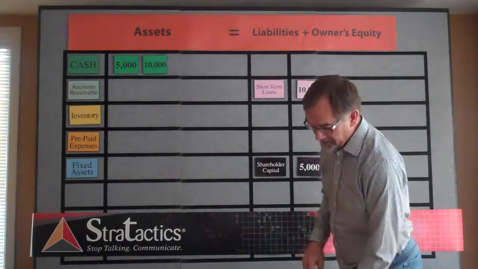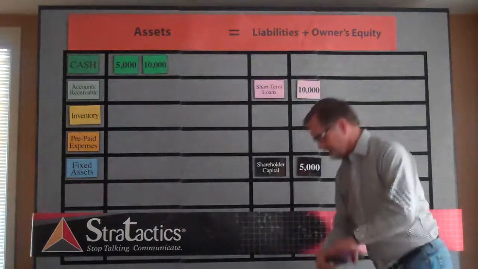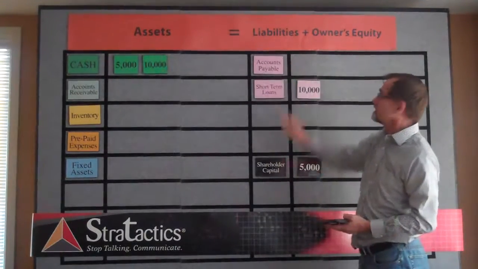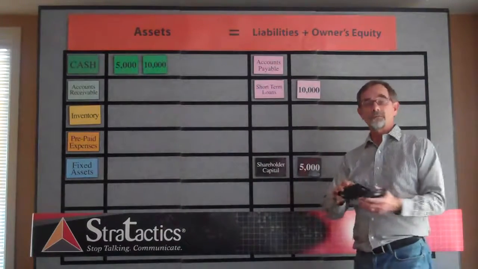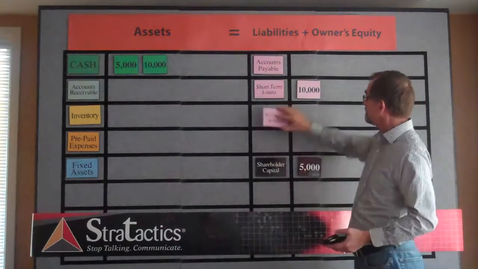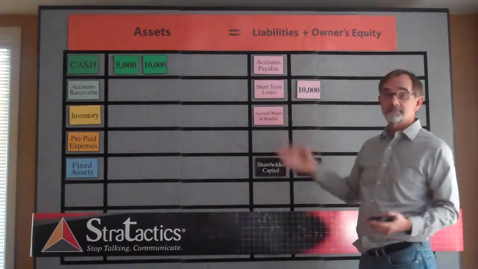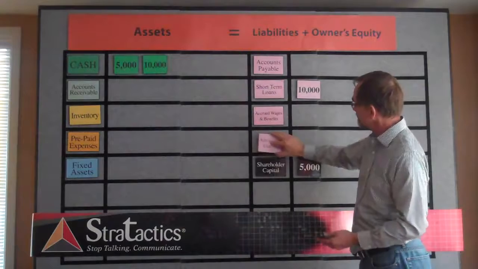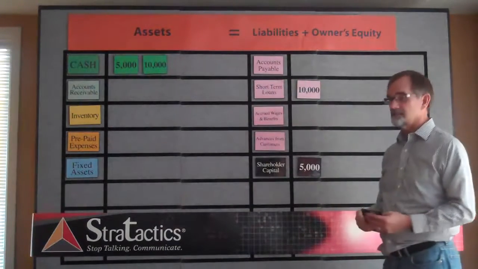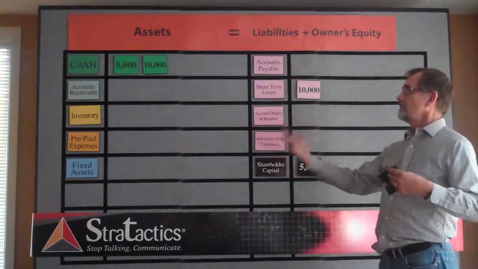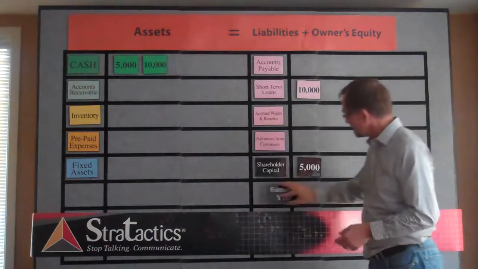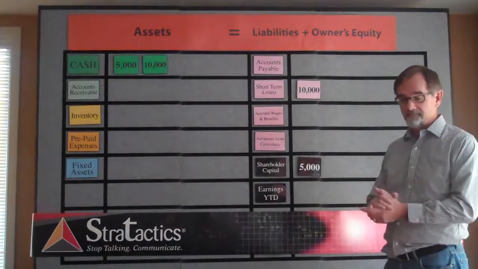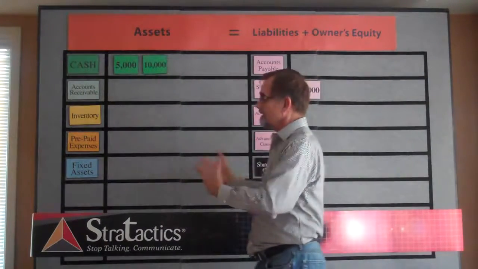Now, for liabilities, if we have suppliers that we get things from and owe them, we'll have accounts payable. If you have employees that you owe money to, you'll have accrued wages and benefits. If your business takes deposits from customers, you'll have a liability called advances from customers. And of course, when we have sales, we want to make a profit, so we'll have earnings year to date in the equity section. So you can see as it gets complicated,